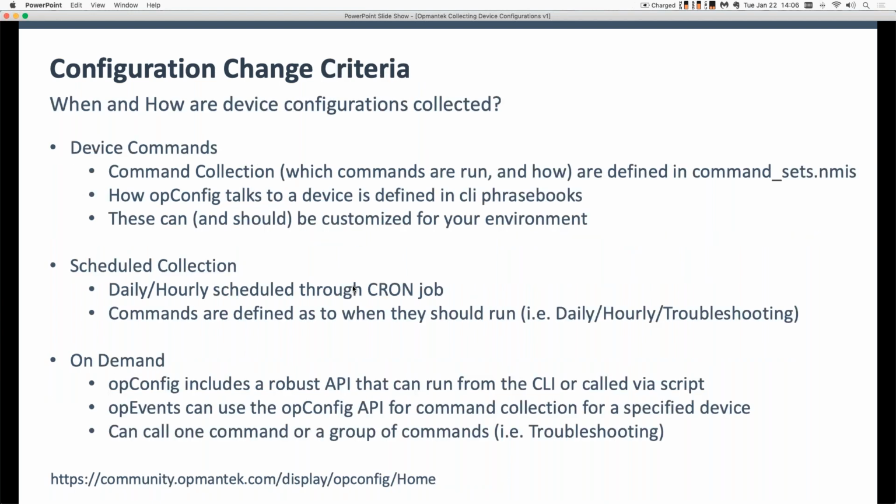So how does opConfig work? The stock or standard methodology that opConfig uses is a set of credential sets along with a transport rule, either SSH or Telnet, to connect to the device, and then, after logging in, execute a series of CLI commands, again based on that device's manufacturer, model number, and operating system version. Execute the correct set of CLI commands for that device, pull that information back, and then compare that version of a command, for example, show running startup,